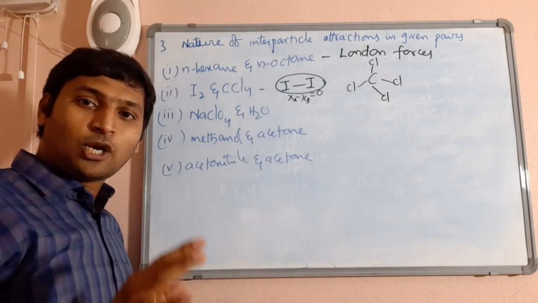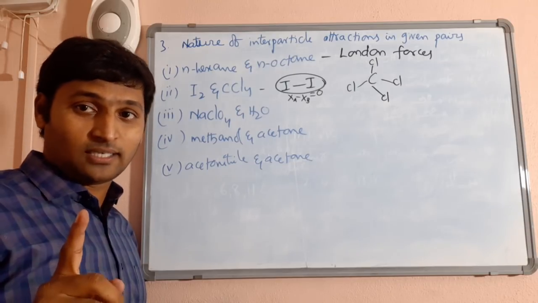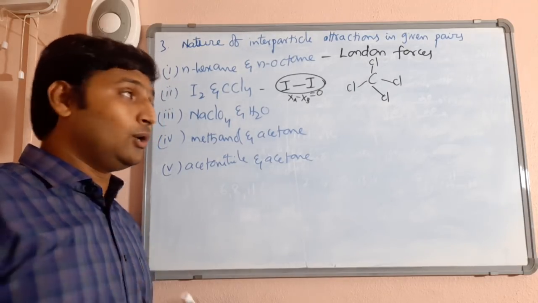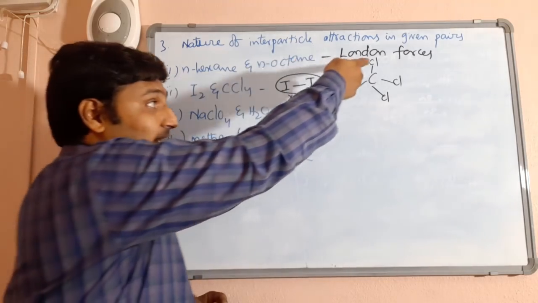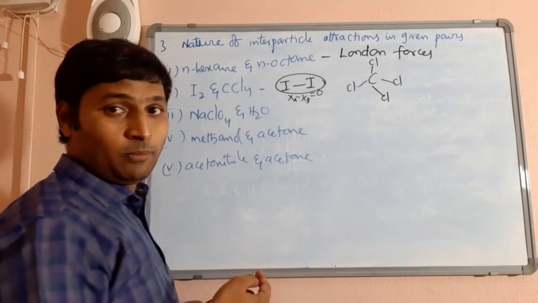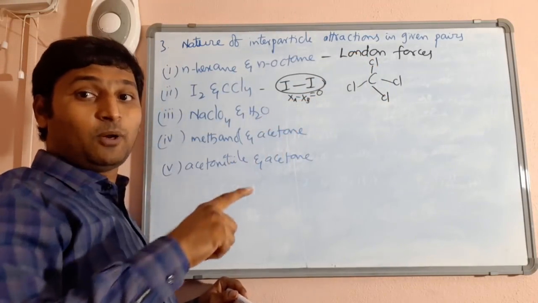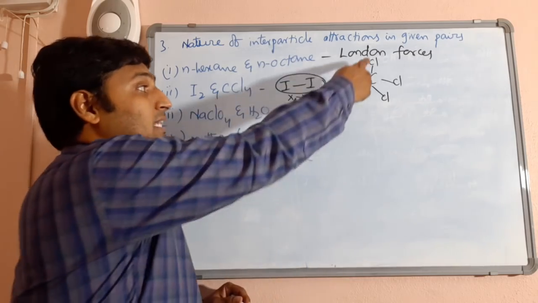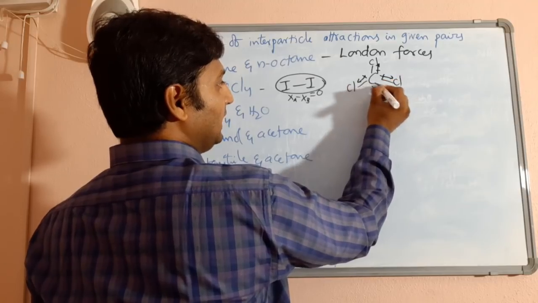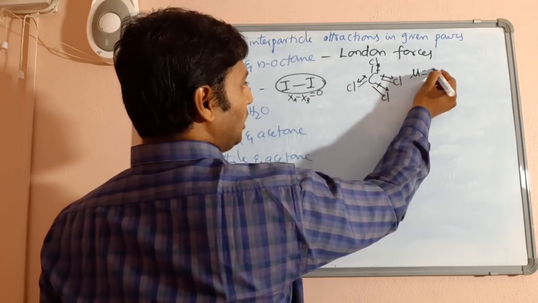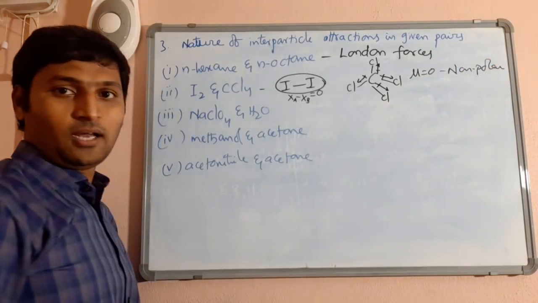I am sure the carbon-chlorine bond is polar, but dipole moment is a vector quantity, which you studied last year. When the molecule is symmetric, the individual dipole moments are called bond moments. The net dipole moment is obtained by adding the bond moments as per vector addition. Because these bonds will be in opposite directions, their bond moments will be in opposite directions, and the net dipole moment of this molecule will be 0. Hence, carbon tetrachloride also is non-polar.